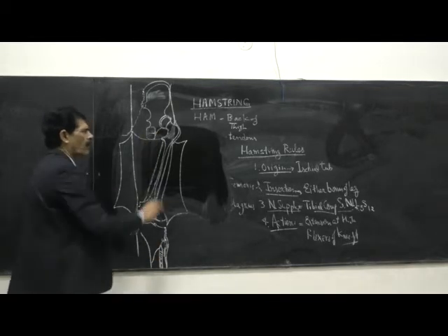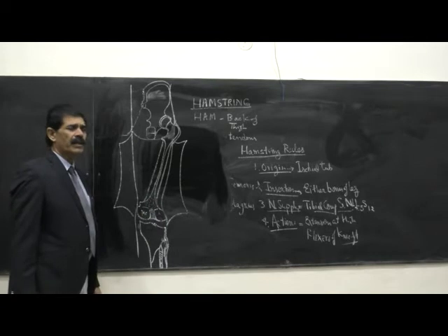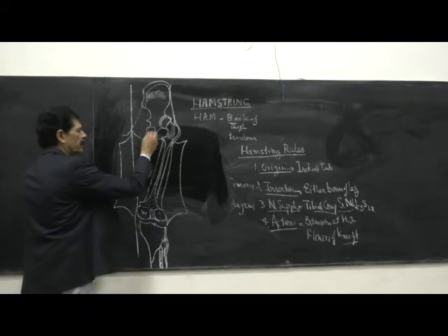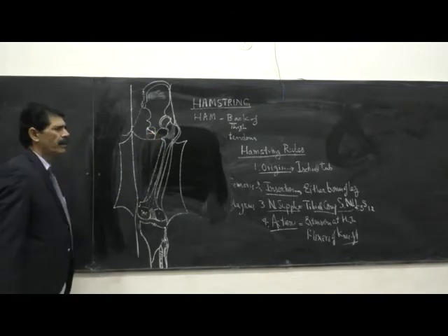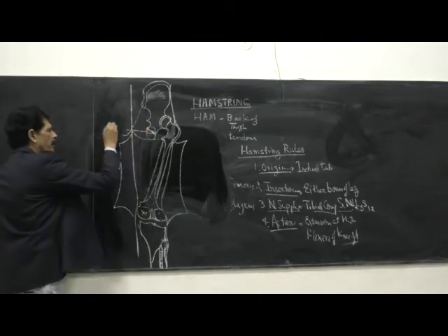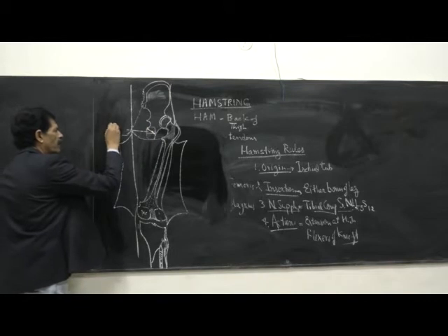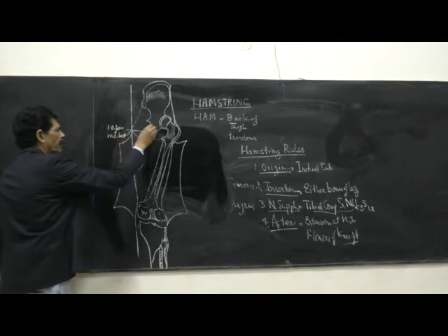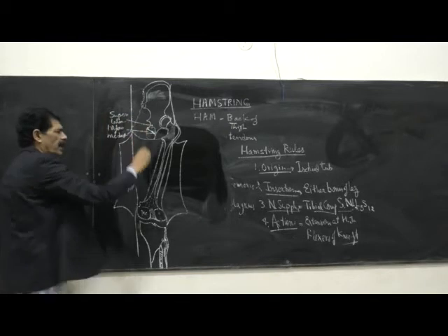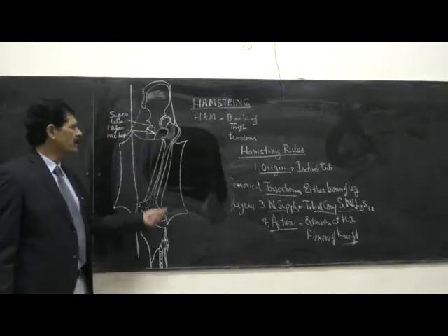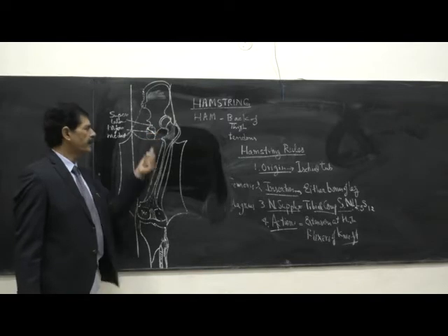Into upper and lower part. The upper part is further divided by an obliquely running line, and two areas are present. One is called the inferomedial area, and the other is the superolateral. So this oblique line divides the upper part of the ischial tuberosity into the inferomedial and superolateral area, while the